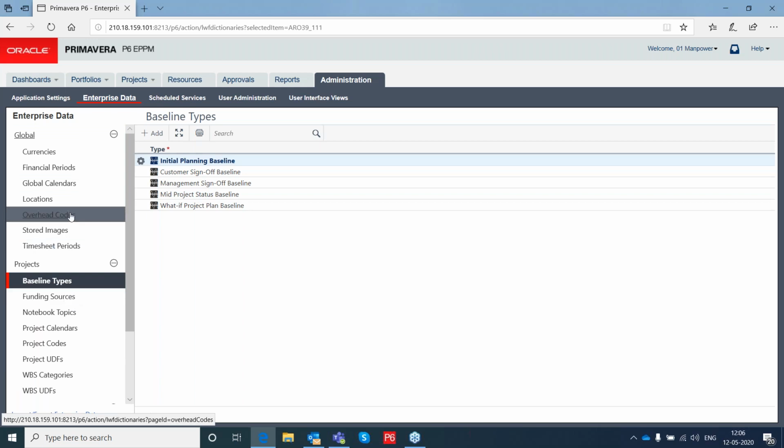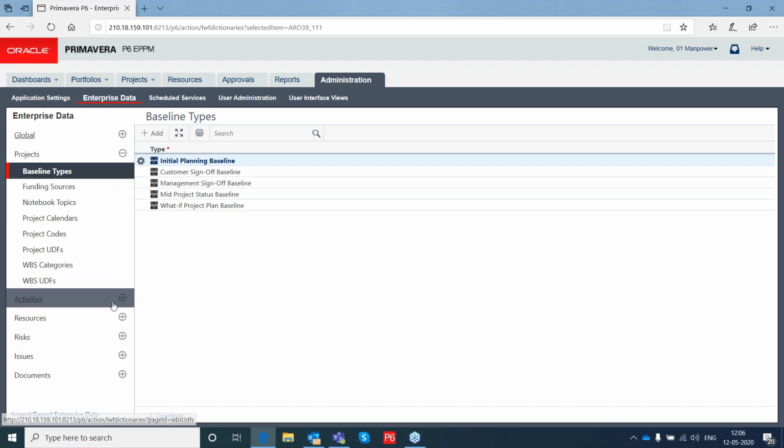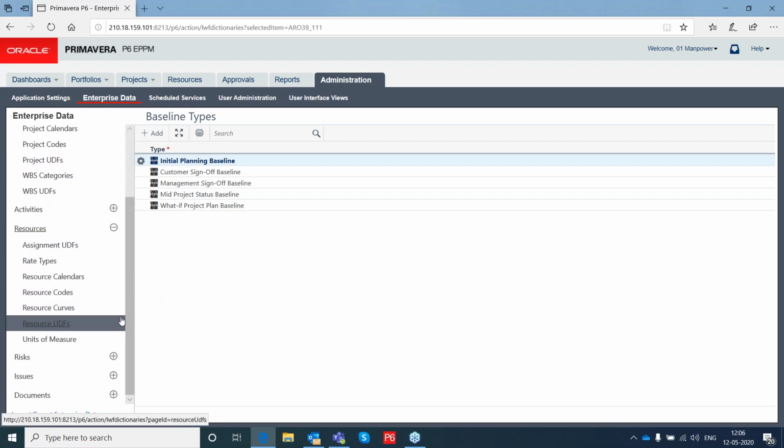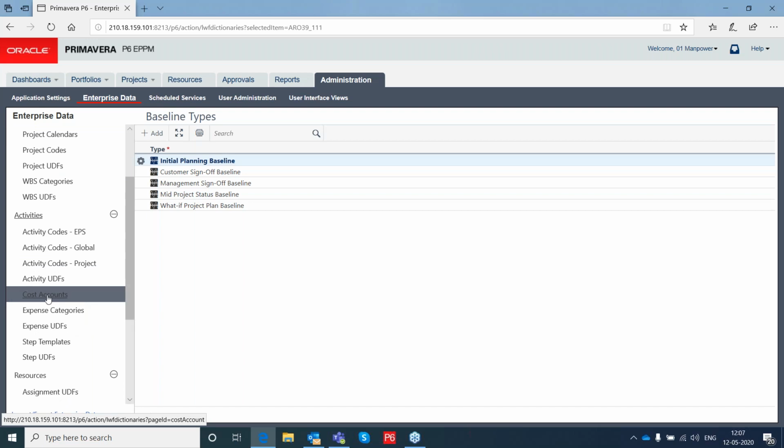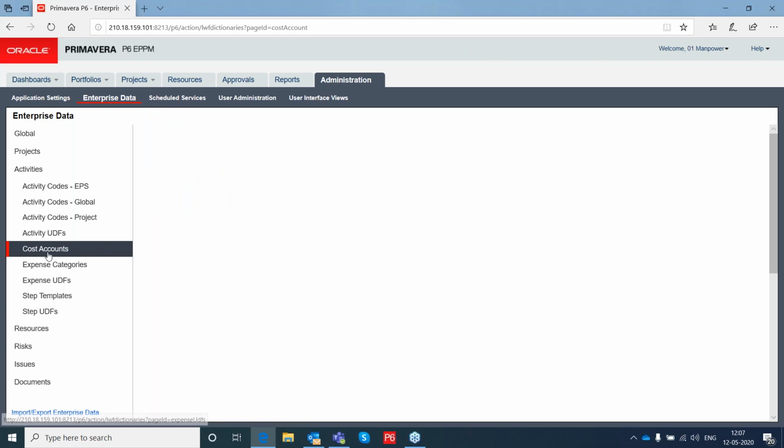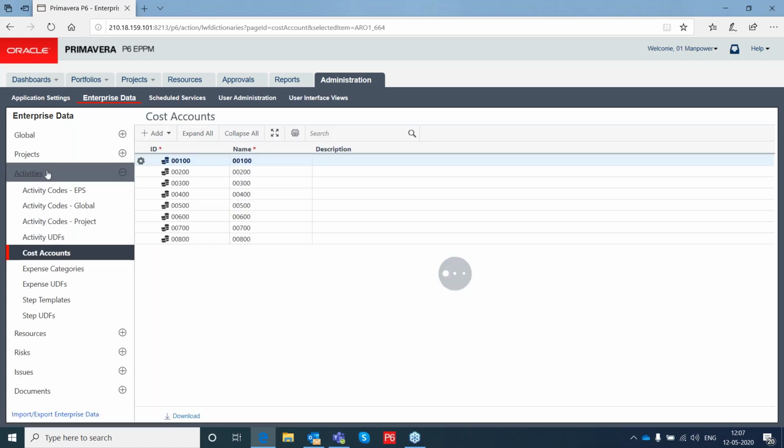You can see here the cost account code. This is an area. Under activities, you have the cost accounts. You can have the cost account codes created here and you can use it. We can give a description for each and every cost account code.